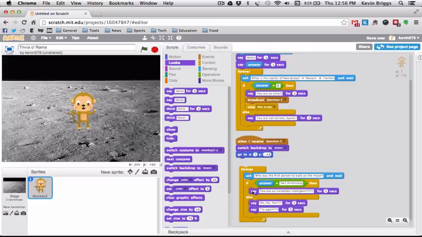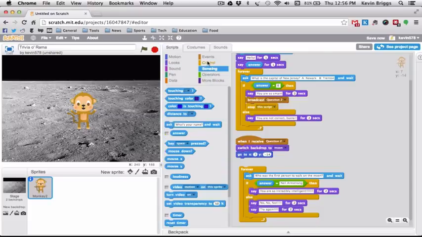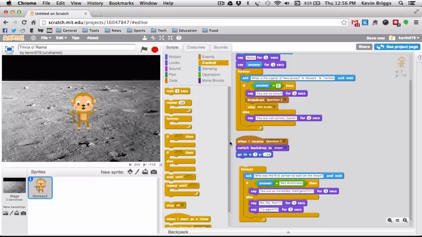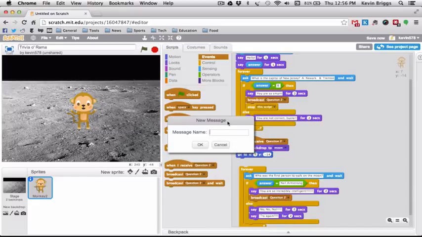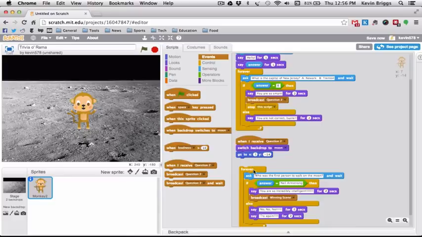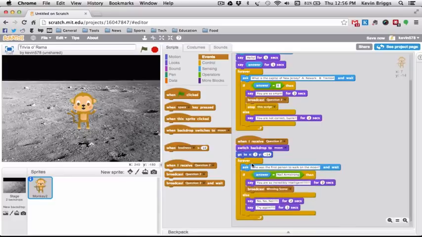So I'm going to have this go here. If he's correct, he is going to say, "You are so incredibly intelligent." And then we are going to broadcast the winning scene. So we need to go to our broadcast, and we're going to put it in there, and we're going to get a new message, which is going to be winning scene. Okay, we have that there, and then we go,